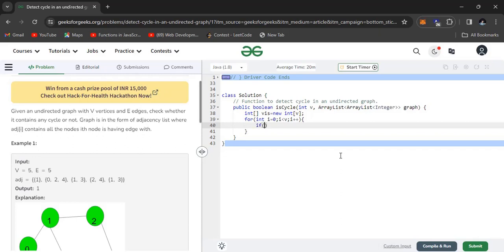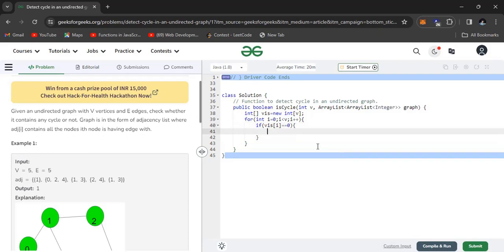If visited of i equals 0, that means unvisited, then only you can call DFS on that node.